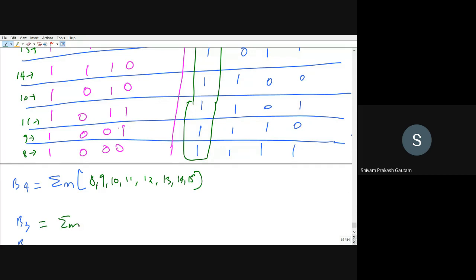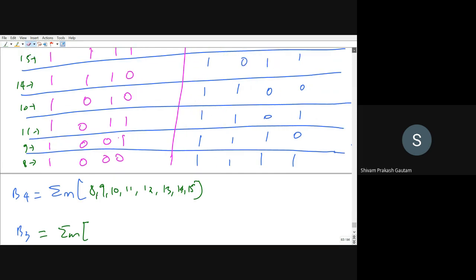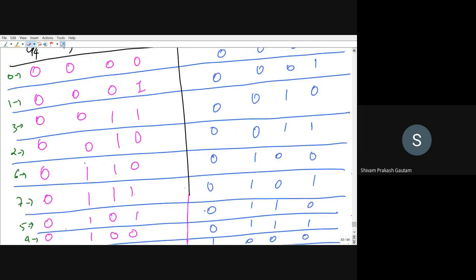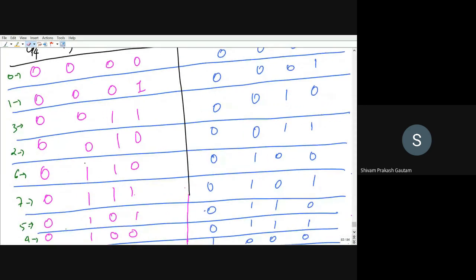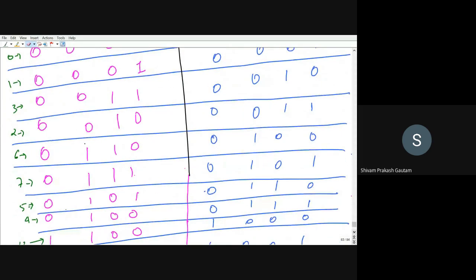Next are the minterms for B3. So see where B3 is high. B3 is high here.